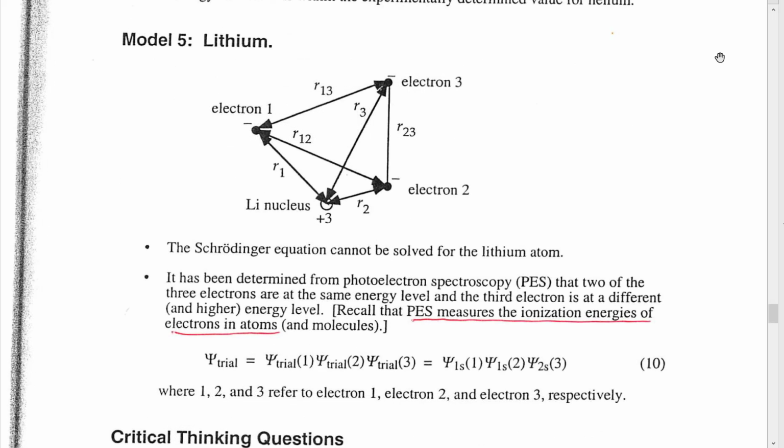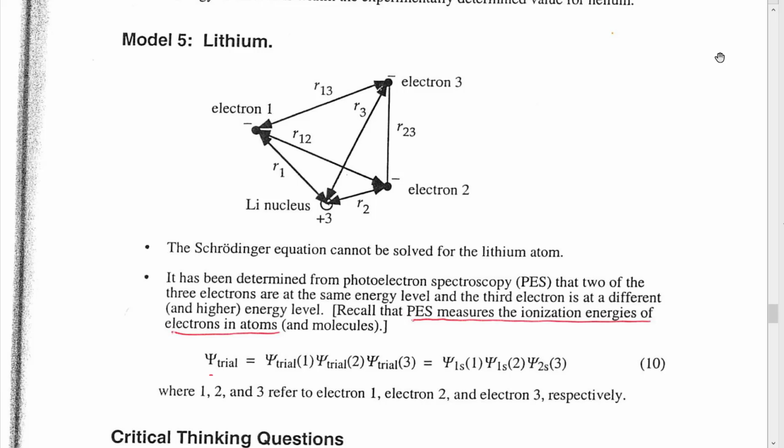And now we start to look in Model 5 at lithium. So with a lithium nucleus that has a +3 charge, but now we've got 3 electrons to think about. So we're going incrementally more complicated from the helium atom, and we still can't solve the Schrödinger equation for the lithium atom. We're given some more information from photoelectron spectroscopy about the different energy levels for the electrons, but we're